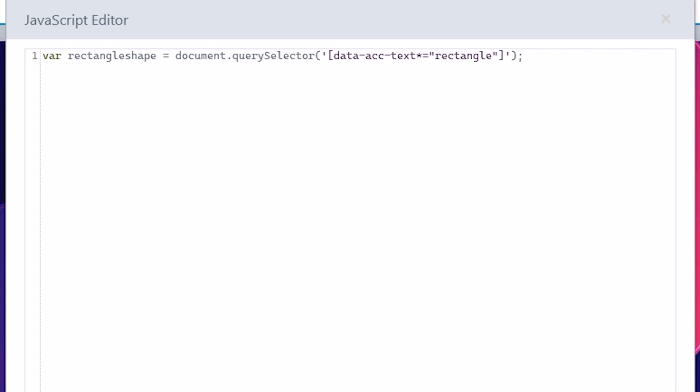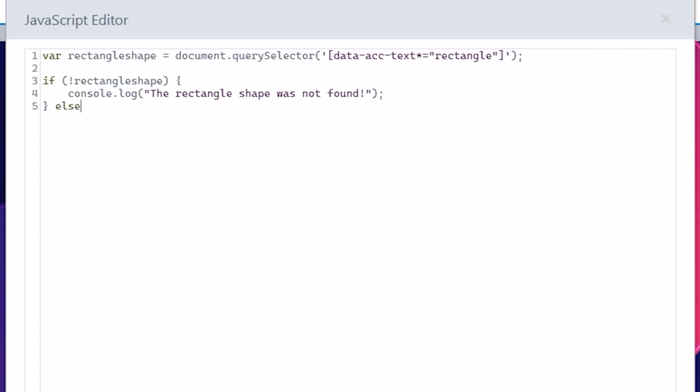With that, we're now ready to apply any custom CSS style we wish to the object via our JavaScript. I'll set this up within an if statement, which will allow us to avoid generating scripting errors if for whatever reason the rectangle shape isn't found on line 1. If we simply type an exclamation mark followed by the variable name in the argument parentheses here, we're basically saying to perform the following action if the variable is undefined. In that case, we'll just log a message to the console to let us know the rectangle shape was not found.